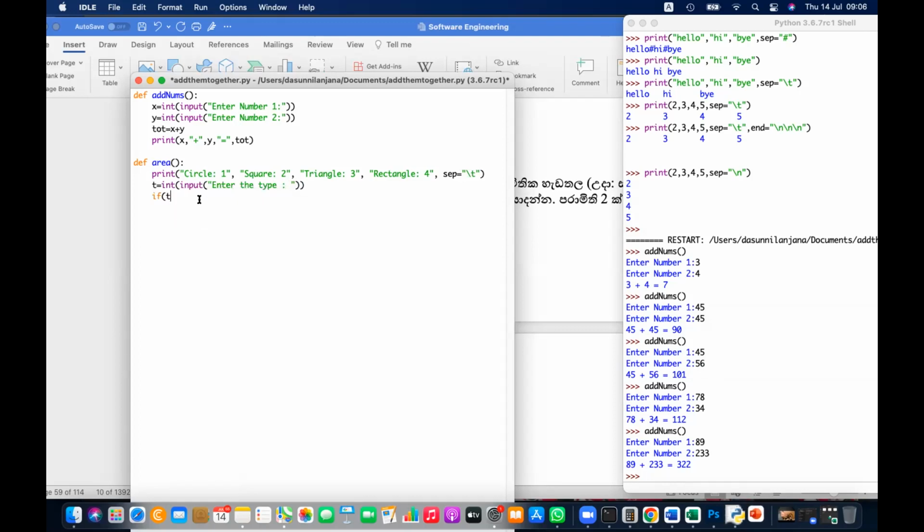If this T equal to 1, area circle, and if T equal to 2, area circle, and if T equal to 3,